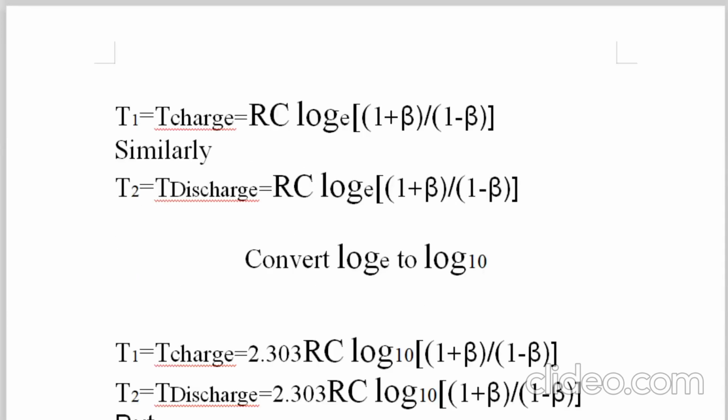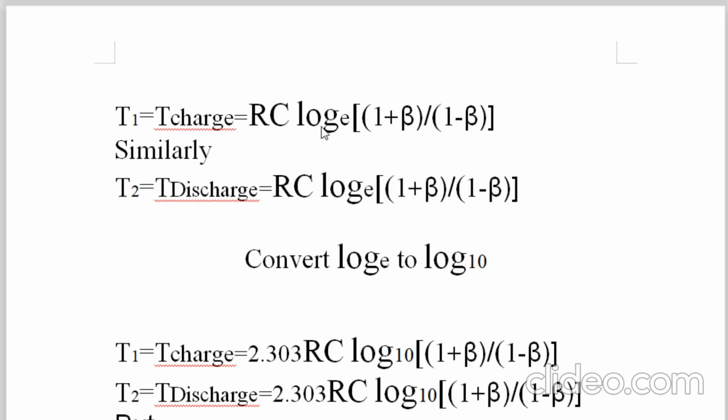Next, T1 is equal to T charge. T charge depends on what? As I told you, 4 factors. It depends first of all on the value of the resistor, because if it is in mega ohm, the capacitor will take a long charge time. It depends on the value of C, because how big or how small the capacitor is matters. So these two parameters come first. Okay, log to the base e. Why log to the base e? Because the capacitor charges exponentially.